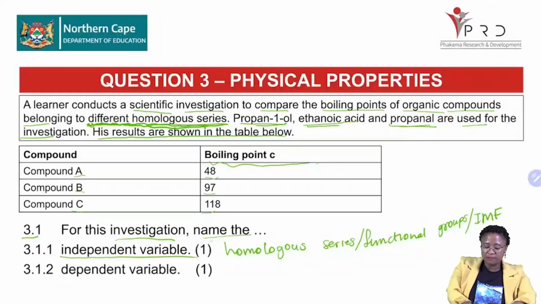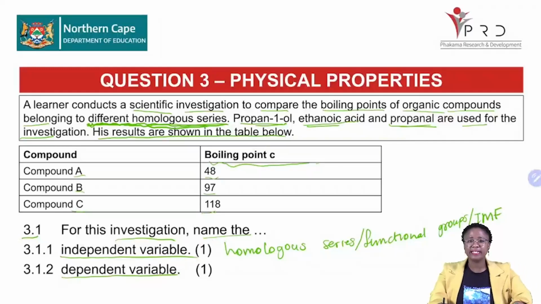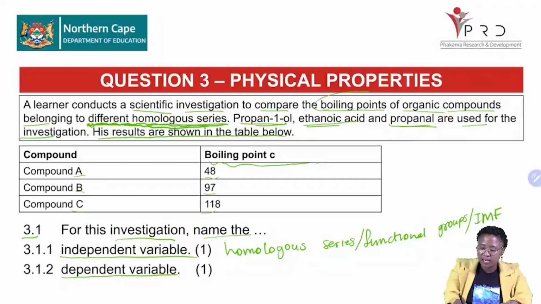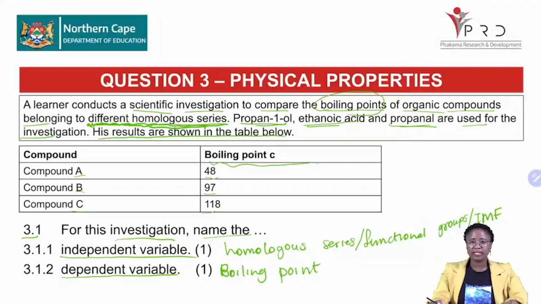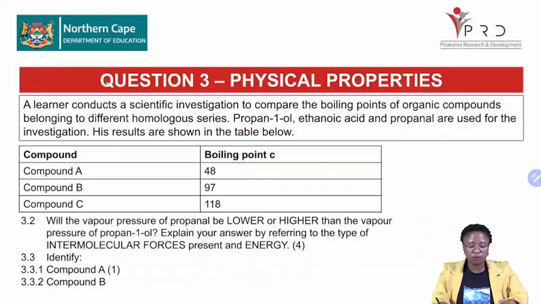Again, for this investigation, name the dependent variable. The dependent variable, we said, can either be the boiling point, the melting point, or the vapor pressure. So what are we investigating here? The boiling point. Therefore, the boiling point will be the dependent variable. I hope you guys are still with me and you are remembering all of this. Let's quickly jump on to 3.2, which says,